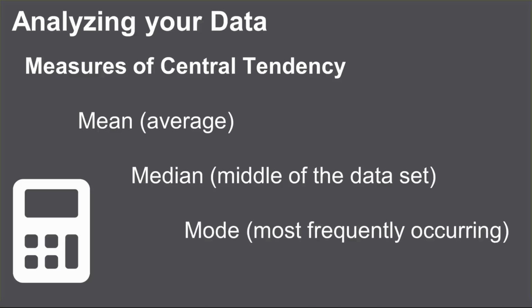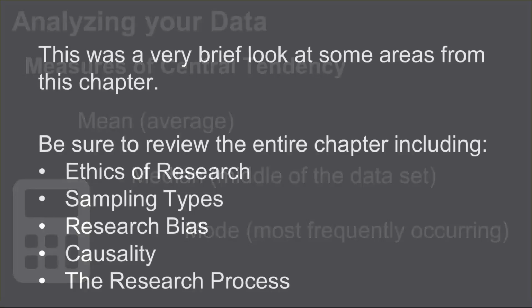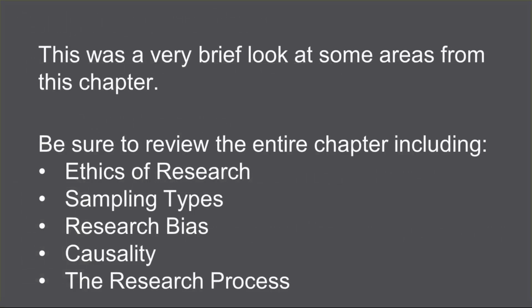So if in a data set you have the number 5, the most frequent of all the different values, that would be your mode. So this chapter again was a really brief look at a lot of content, but be sure to review the entire chapter, including ethics on research, sampling types, research bias, causality, and the research process itself. Again, human society is complicated, and I really want to